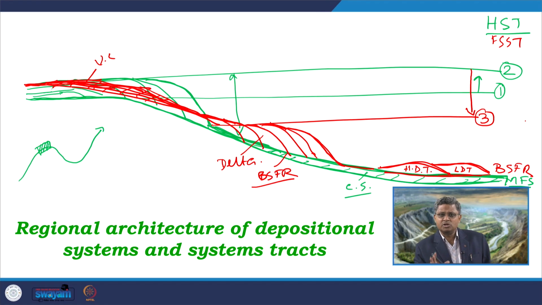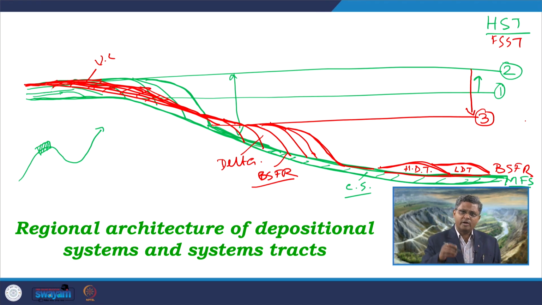So what are the depositions? Deposition is mostly confined in the outer shore to shelf environment and in the deeper marine part in the form of low density to high density sediment gravity flows, mostly turbidites, as well as formation of a delta near to the shelf edge or onto the shore environment, depending on how much forced regression is going on over there.